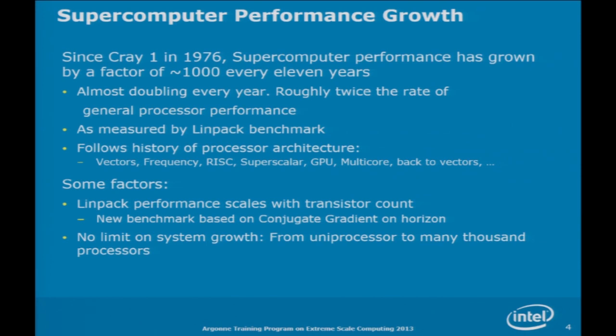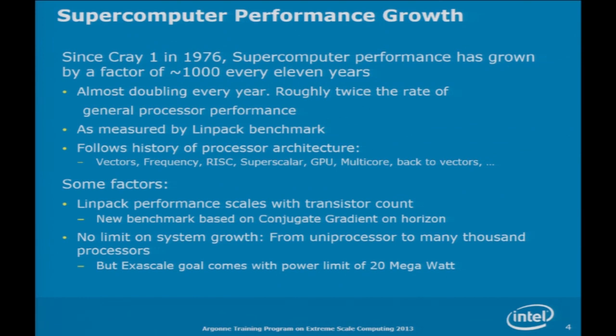Recently I saw there's a proposal to replace LINPACK as the supercomputer metric with a conjugate gradient application, which I think would be a major improvement. It's a little hazardous to have a benchmark that actually grows linearly with transistor count, because it may lead you to design the wrong kind of systems. Now, one thing that happens now is that the Exascale, and this is basically from the US government,